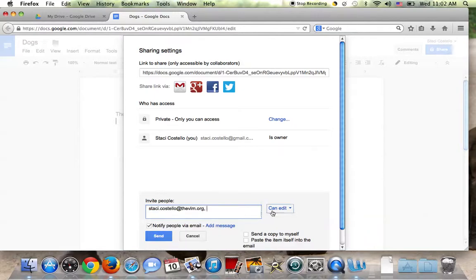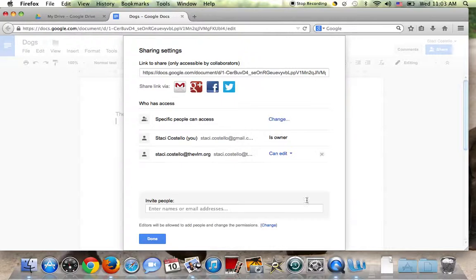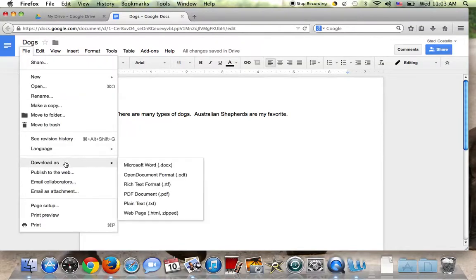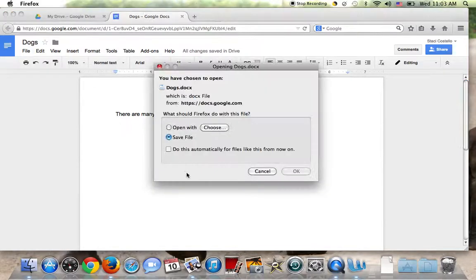I'll choose that one, and you can choose if they can edit or comment or view. So if you just need someone to proofread maybe, or like I said, group work, and you're just going to click send, and they'll get an email and they can open it that way. They can add comments. Now when you are in a group, this will have who signed up here, and you can chat with them. To download it, you can download it as a Microsoft Word document,